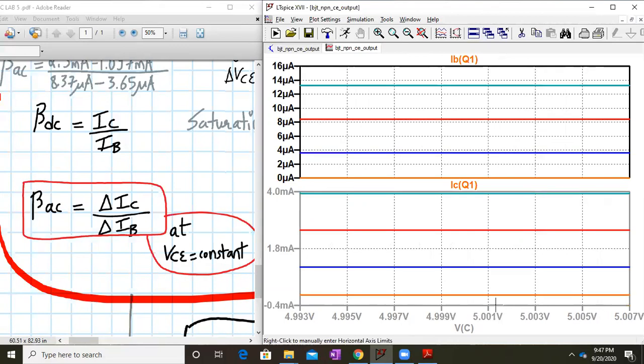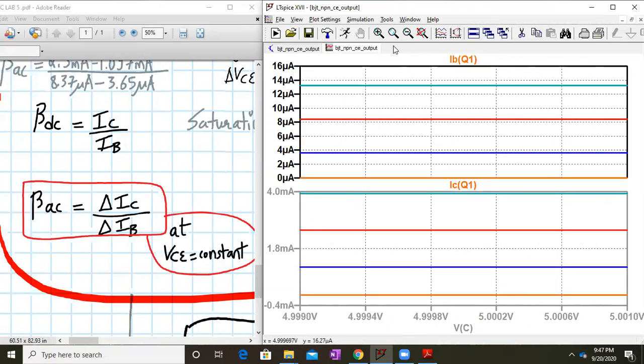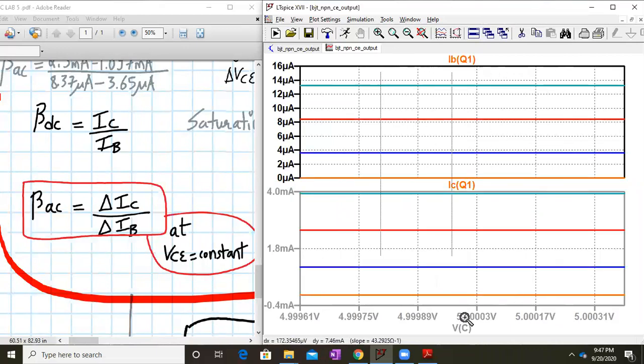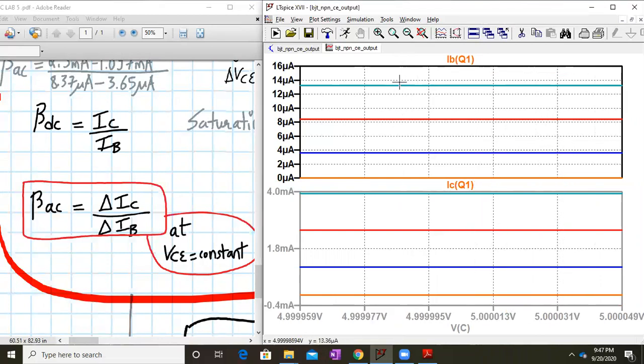Still one more time I'll expand. It's getting better and better. I think this much is fine. Let me do it one more time. Yeah, this is fine. So what we do is we take the voltage here as 5 volts. At 5 volts we will measure IC1 and IC2, and then we'll measure IB1 and IB2, and then we'll subtract.